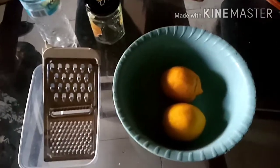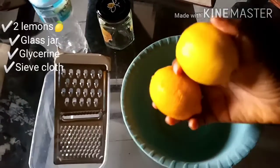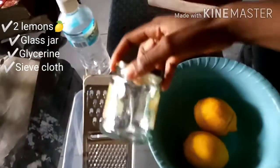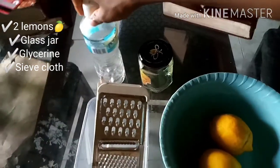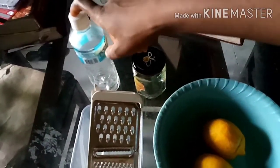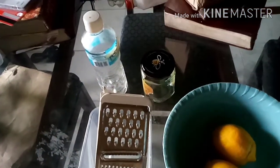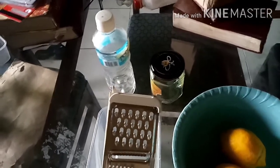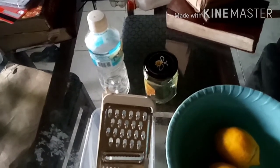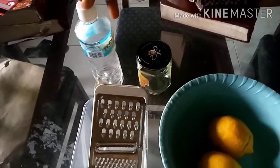Hi guys, it's time to introduce our materials today. Here I have 2 lemons. I have a glass jar. Excuse my raggedy jar. I have glycerin here. I'm going to be using the glycerin to infuse. You can also use oil. You can use sunflower oil. You can use coconut oil. But if you're going to use coconut oil, you can't use the lemon oil on your face because coconut oil